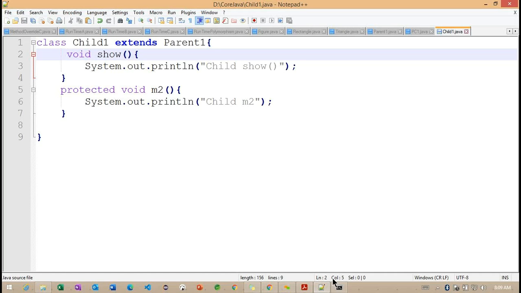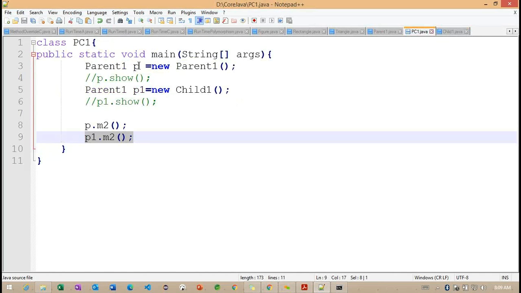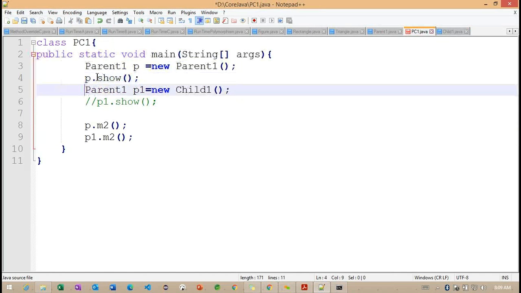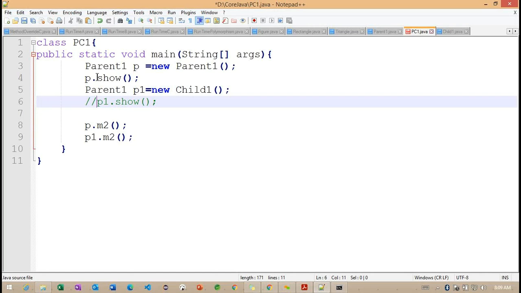So you need to understand carefully here. I want to go to this particular PC1 and enable these two commented lines. Now we understand the private access modifier as well as the protected one. Now I'm trying to check with final here.